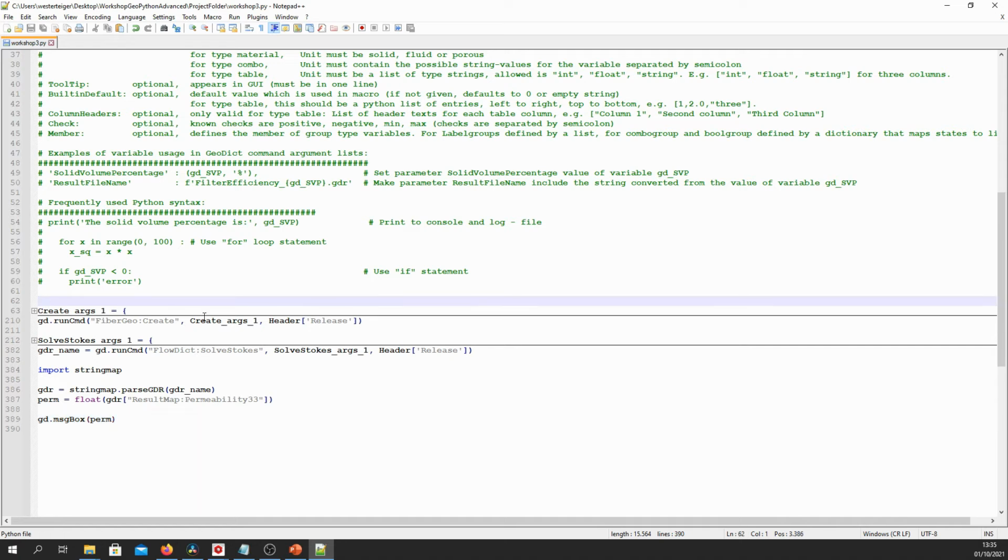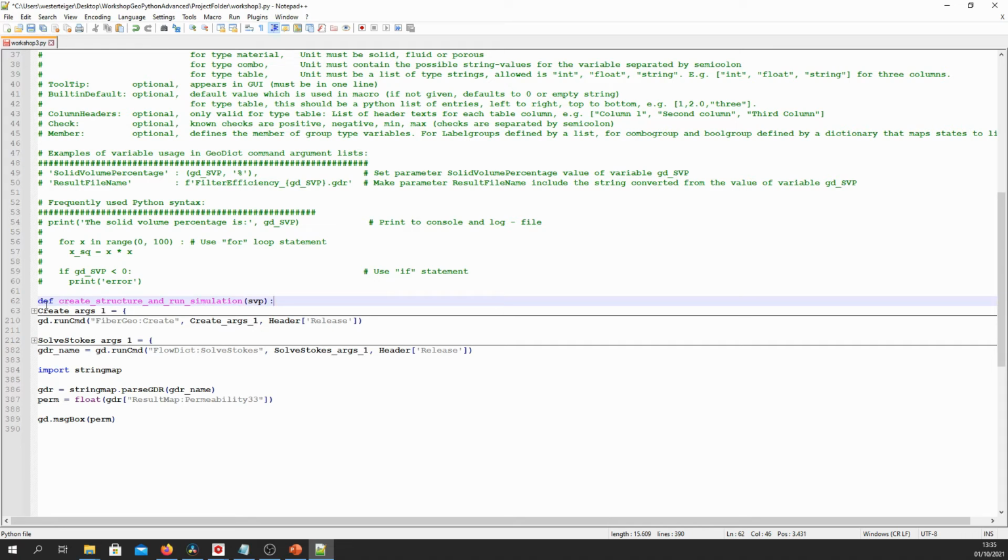So we start by going above the line create args1 and introduce a function definition by writing def create structure and run simulation, then bracket svp closing bracket colon.